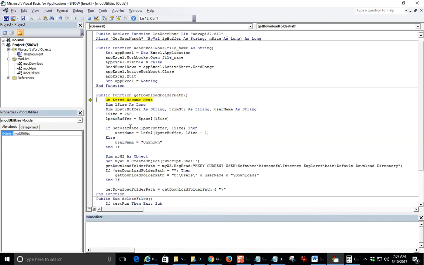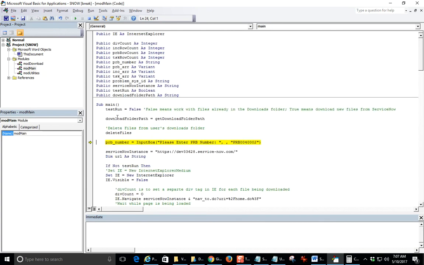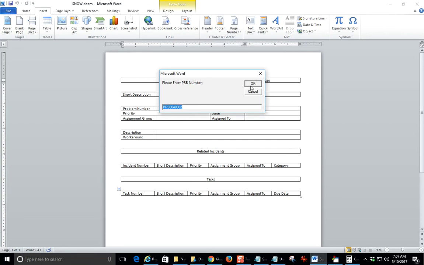As you can see, it's going through the various functions, deleting files. It determined the download folder path. For me, it's users Adnan downloads. Then it will ask for the PRB number. I've already provided the sample PRB number that I have created,